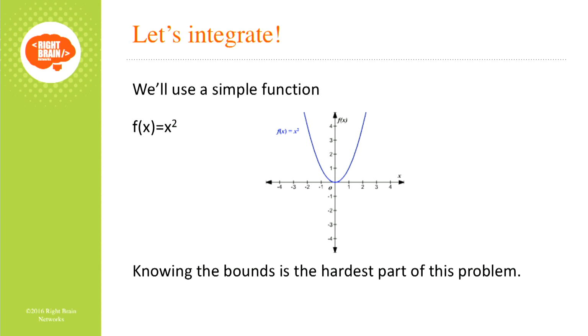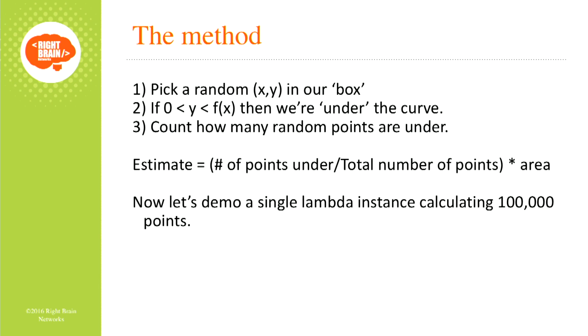We're going to start with a really simple function, x squared, basically y equals x squared. And we're going to approximate the area under the curve between -1 and 1. I picked a really easy function because the hardest problem of doing one of these simulations is knowing the bounds. You want to make sure your whole function is inside your box. So I picked something really easy. You could do this with any function. Doesn't really matter. If you had a particularly nasty curve, this might actually be a reasonable way to figure out the area, although there are better ways of approximating it.